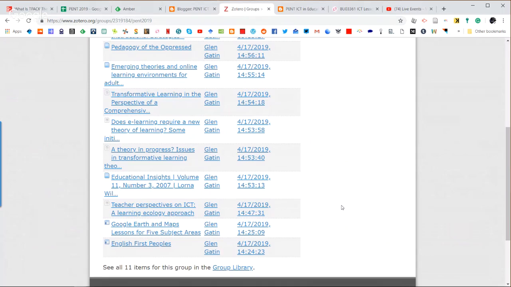What I want for the presentation is my ICT pedagogy. What is my principle of teaching with ICT? As I said when we started this course, one of the expected outcomes is that you develop this philosophy of teaching with technology. So that's what you're going to do the presentation on, your personal philosophy of teaching with technology. And you're going to support that. It's not just going to be something imaginary that you made up or that you think might work, but you're going to have to support it with